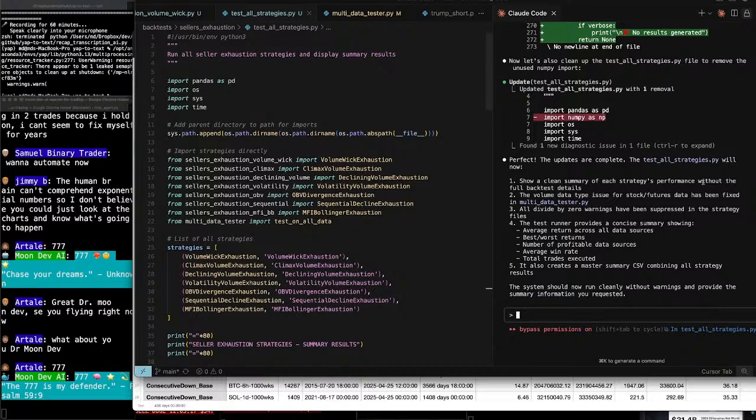Perfect. The updates are complete. The test all strategies will now show a clean summary of each strategy's performance without the full backtest details. The volume data type issue for stock/futures has been fixed. All divide by zero warnings are gone. The test runner provides a concise summary showing